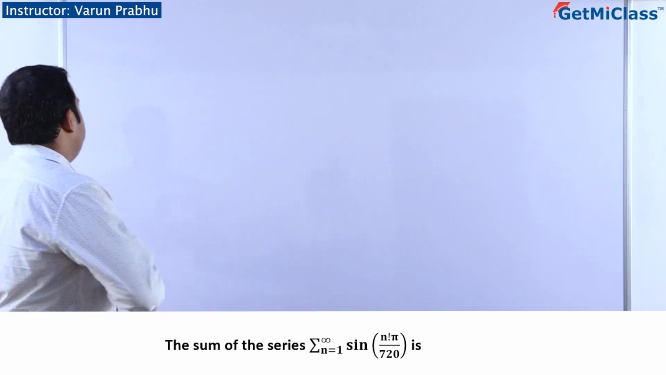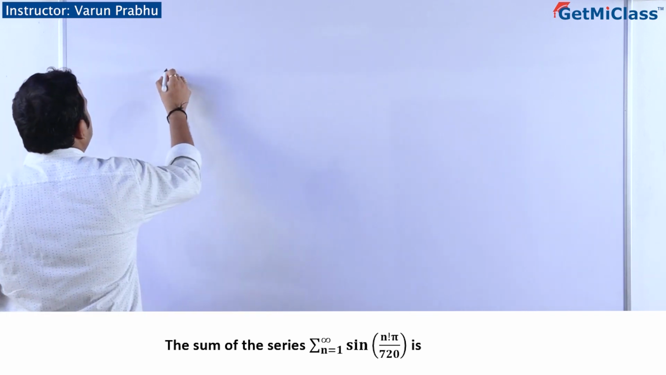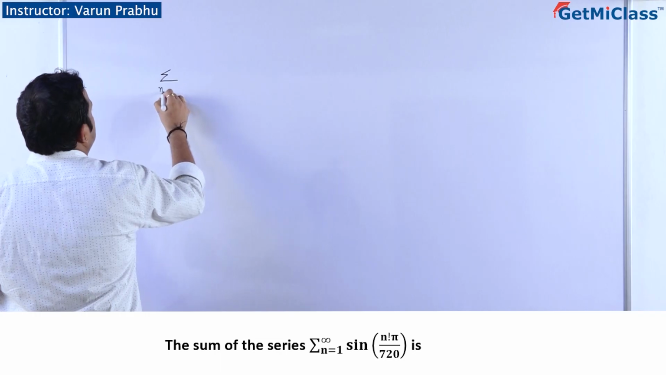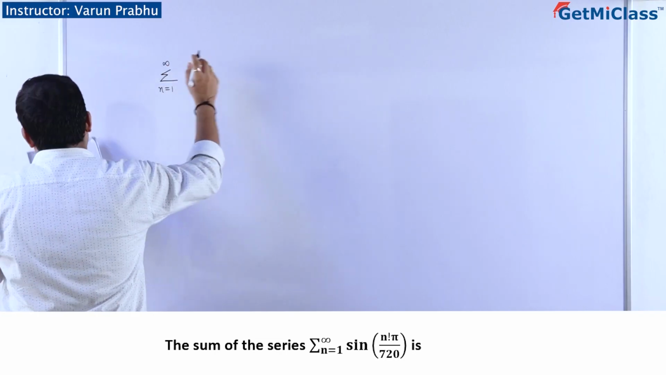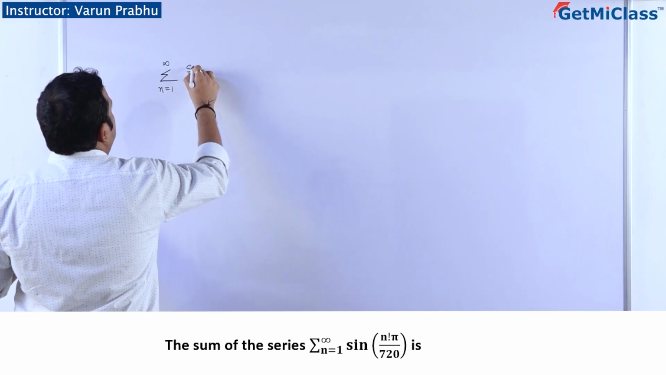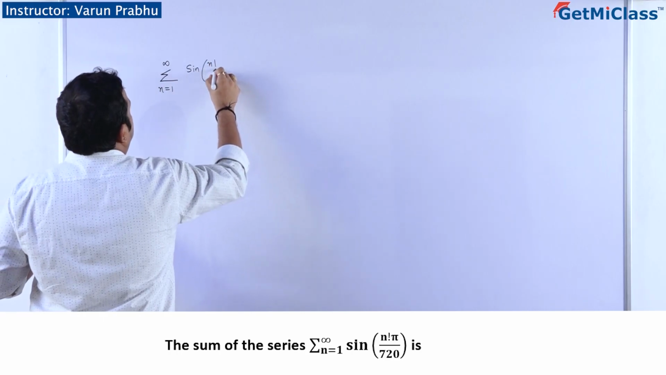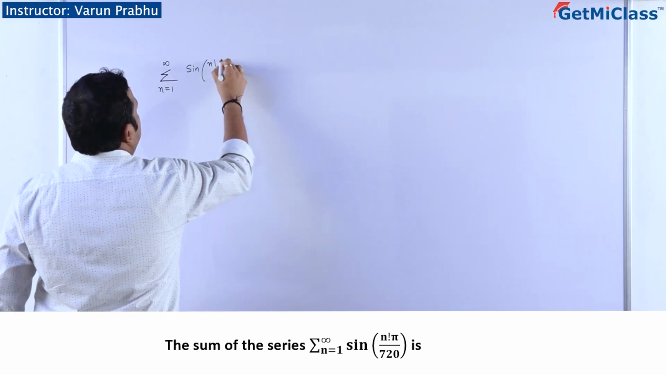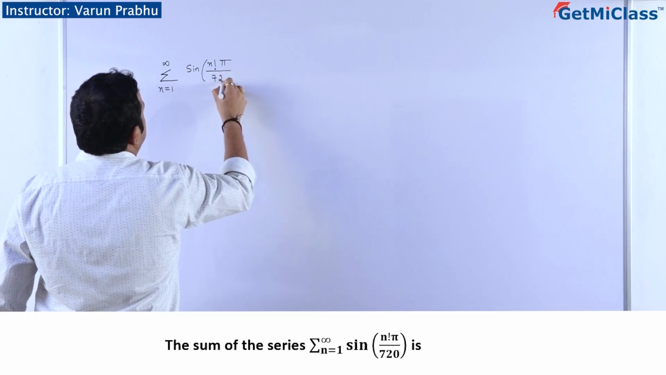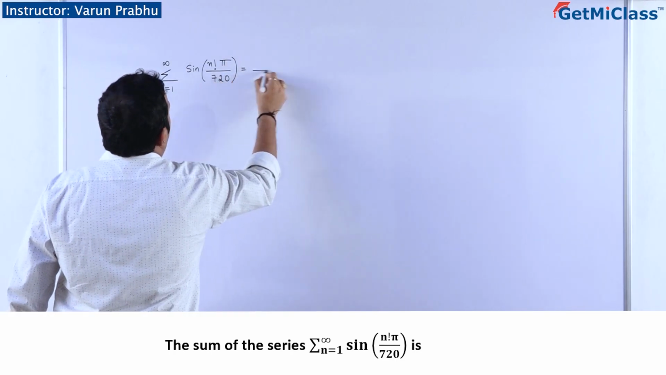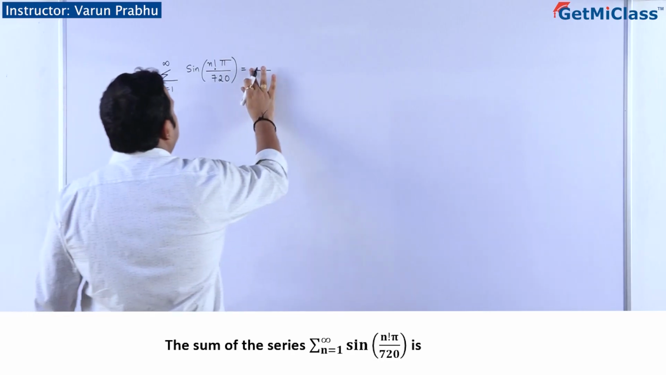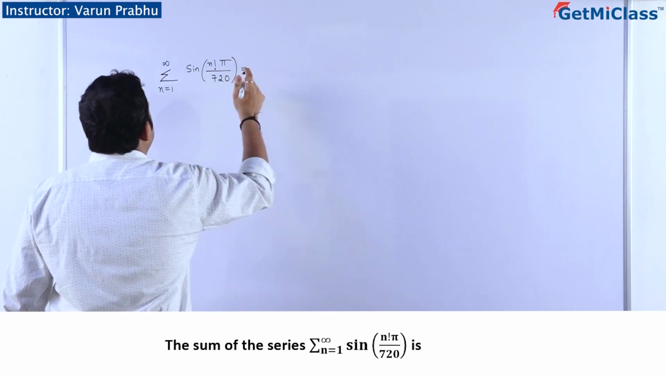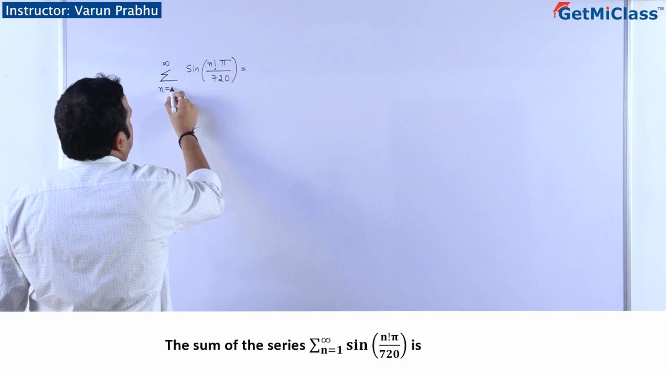If you look at this question, students, what is told in the problem? Sum of the series sigma n is equal to 1 to infinity of sine of n factorial into pi divided by 720. This is equal to what is the question asked. So if I want to express this, I can write this in the form, see, n is taking the values